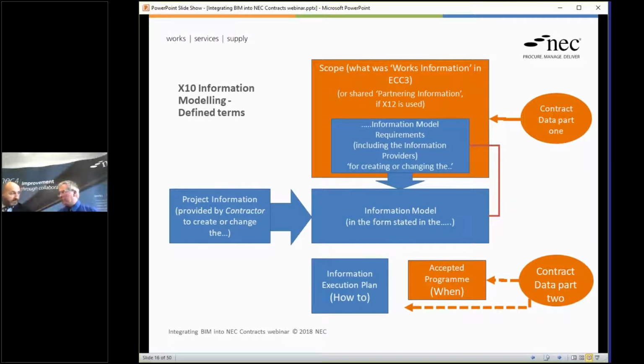And how it's going to be for the micro detail. Absolutely. All the relevant information to give life to the information model and the information to be supplied by contractor consultants. So then, as you see on the slide in the middle there, you have the information model that is held by the client, and then project information on the left-hand side that is fed in by the contractor or the consultant to create